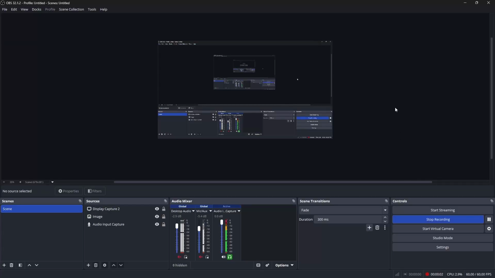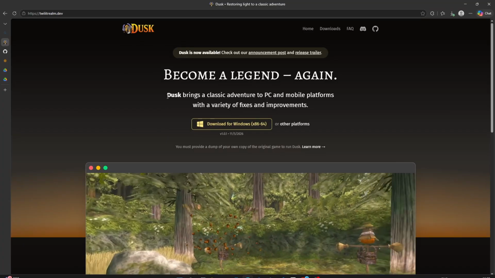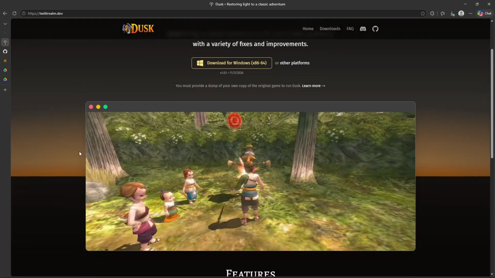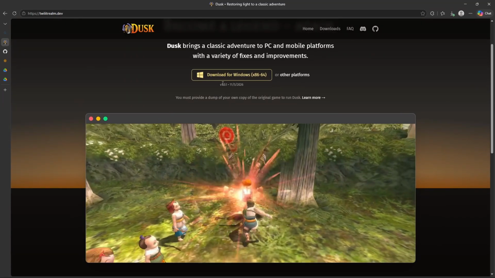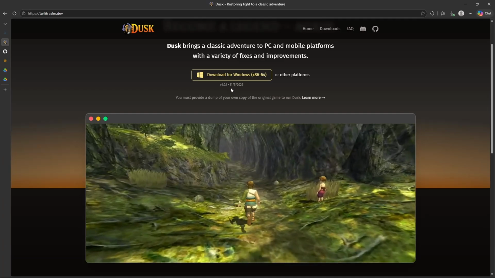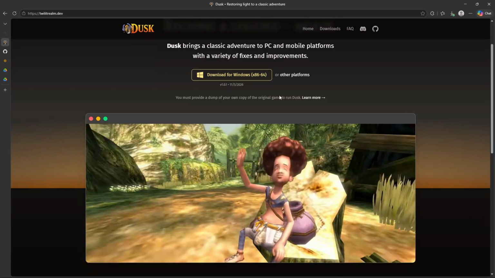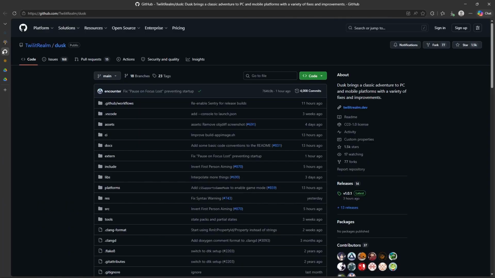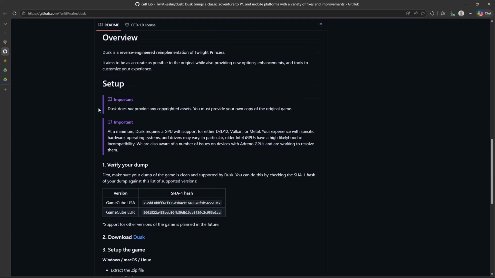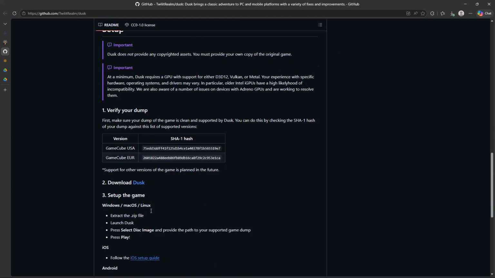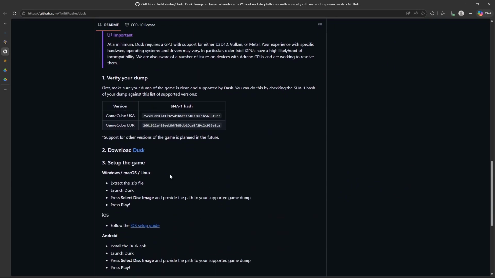So yesterday, as you may know, the Dusk has officially been released, and we can go to the official page. This is the Dusk page, and today we have version 1.0.1 released, according to the GitHub page. You have a full setup manual with dumping your